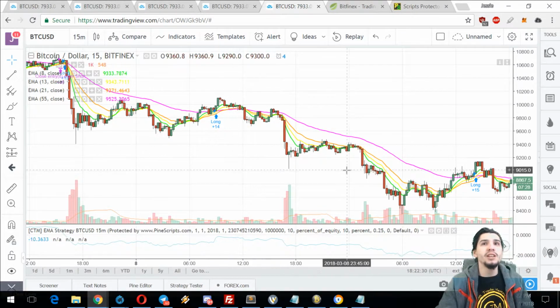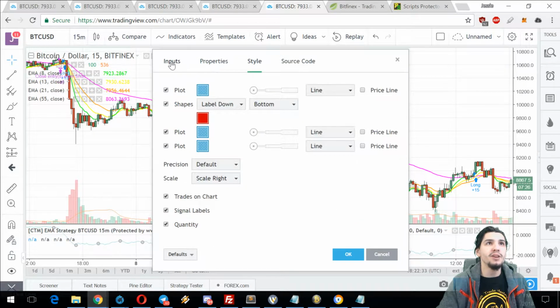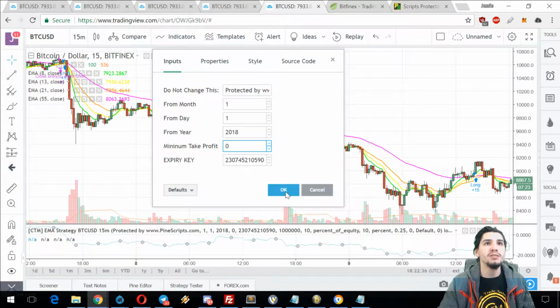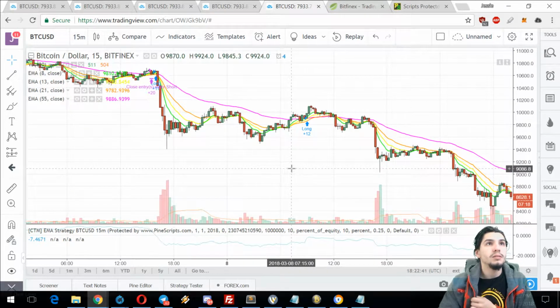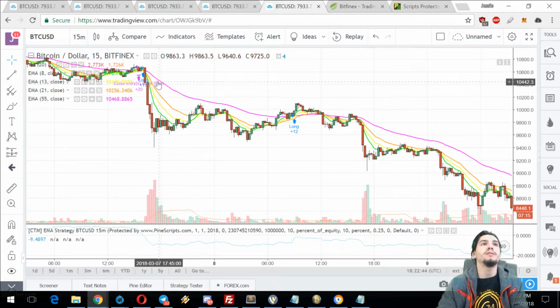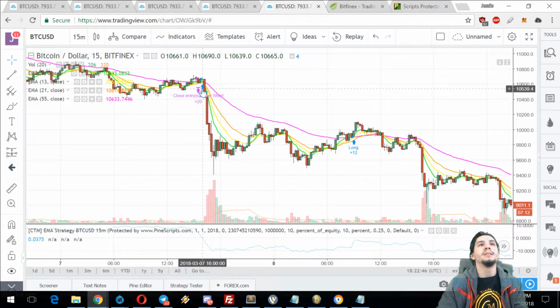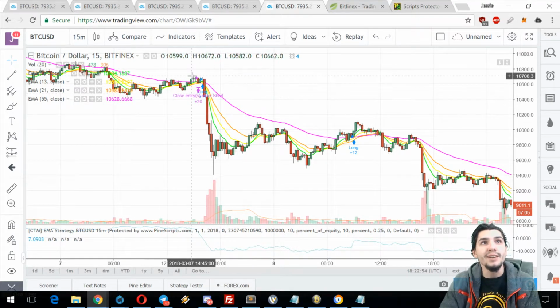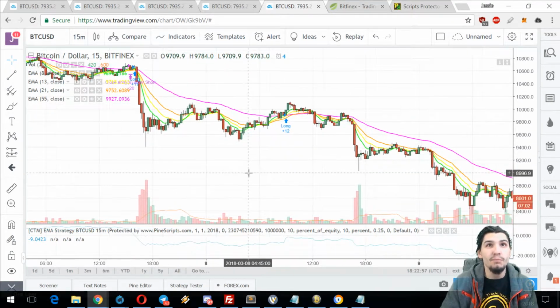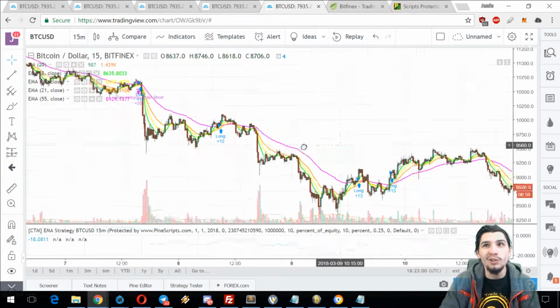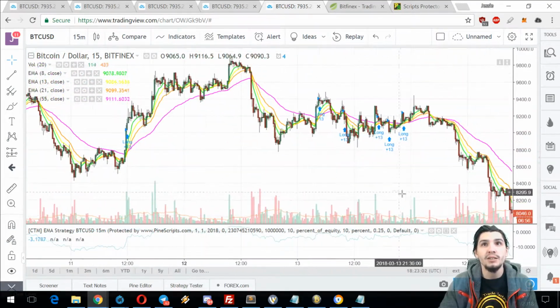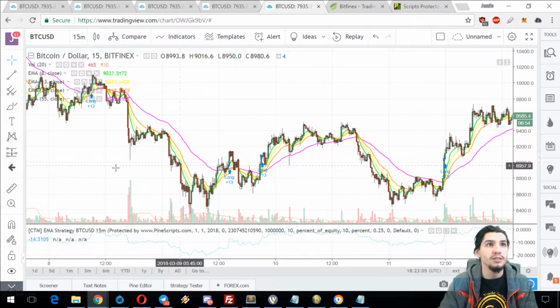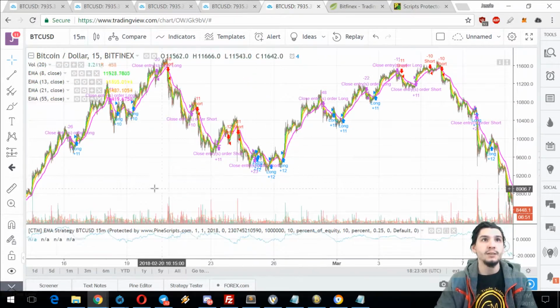Sometimes you may have to manually intervene, and you'll see when I change the settings, if I go into the settings and put the minimum take profit to 0, oh yeah, because we're not in profit, we're in a loss because it gave us a long up here. And you see what it did? Told us to close our shorts and open a long up here based on what the moving average trading strategy did. So there is a margin of error, and sometimes it's not perfect. But if it tells you to go long and you just keep holding it, eventually it will give you an exit. Of course, this is too soon in time frame, but let me just go back and we'll look at some